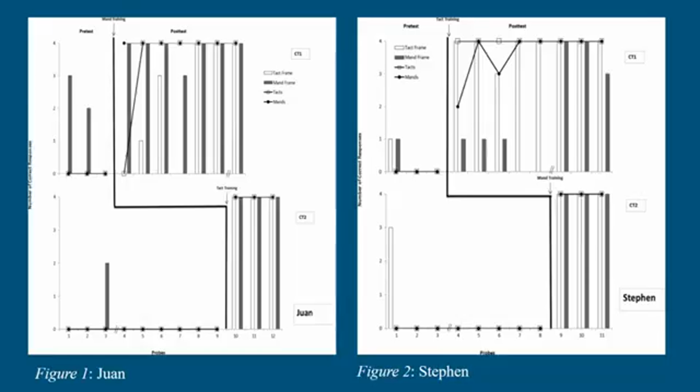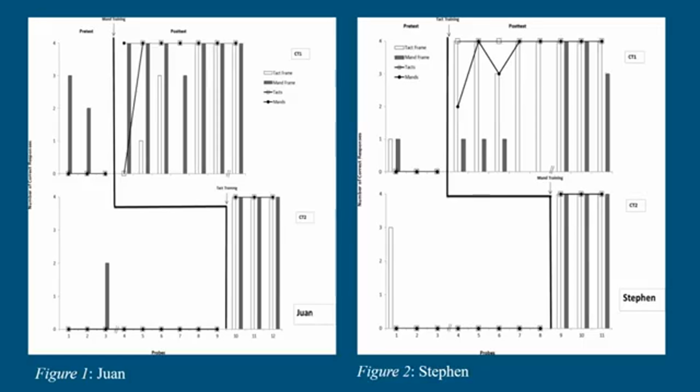So these are the results. For Juan, he never used the correct topography to mand or tact. He used I want and the color. He continued to mand, not tact, for probe 1, using, again, the color. They changed the way they were asking to what's its name, and he was correct for the remaining 3 on CT1. On CT2, post-testing, he manded for all 3 sessions and maintained mands for CT1 in 2 of 3 sessions, and he used autoclitic frames.